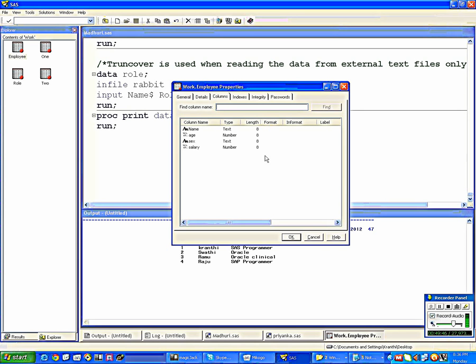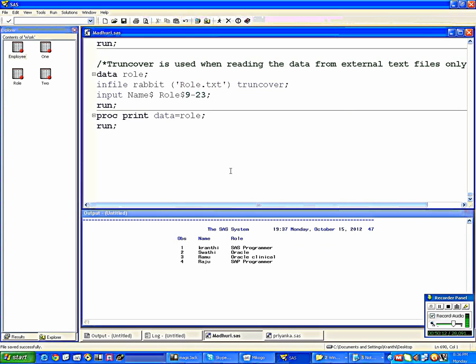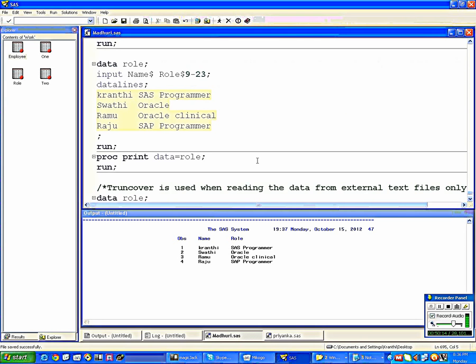So by default length is 8, but you can increase or decrease the length of the character variable, but rather numeric, numeric is by default 8 only. Okay, and 1 byte equal to 1 character or 1.5 numeric. Then label is nothing but a description. So if you want to give some description to that particular variable, then we'll be using the label. Then format will be explained in the next class, right? Then, and we'll learn about the SAS dataset options also.